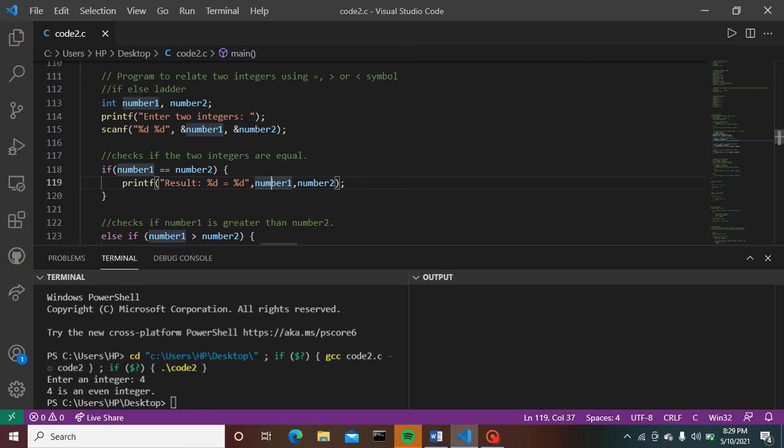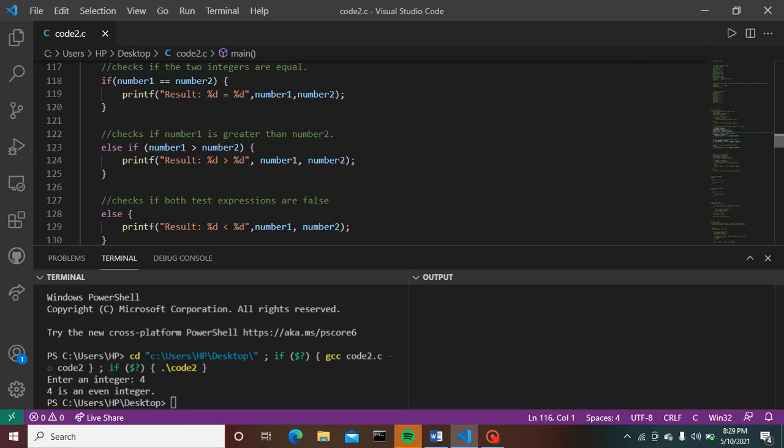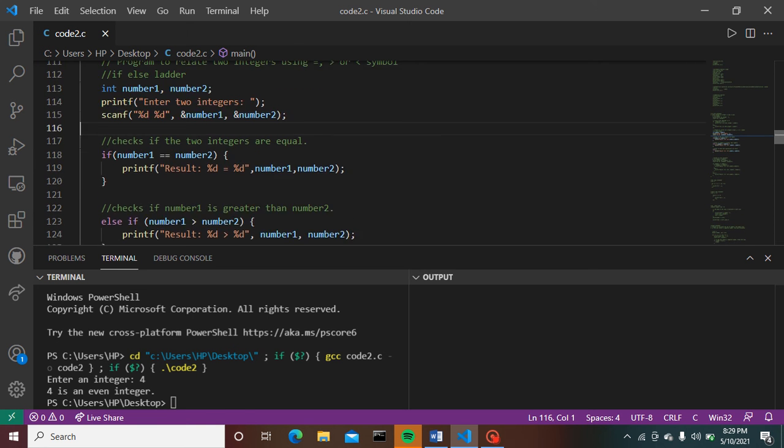Here this is a program to relate two integers using equals, greater than or less than symbols. Here we go. This is the code. Have a look at this first. If else, we can also call it an if else ladder.